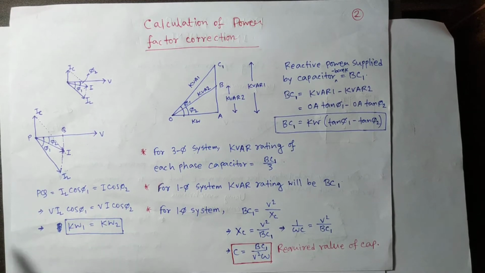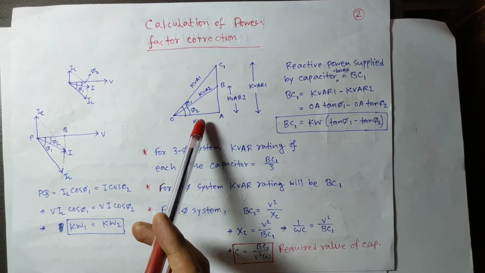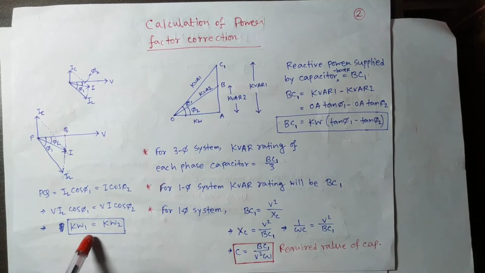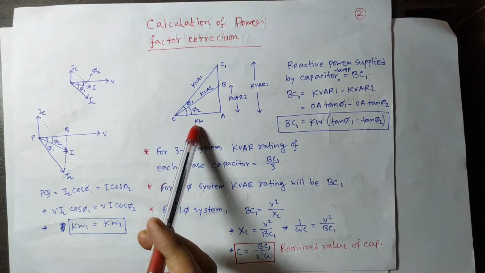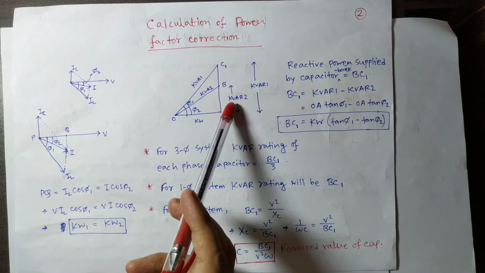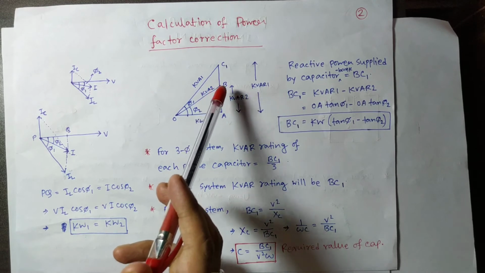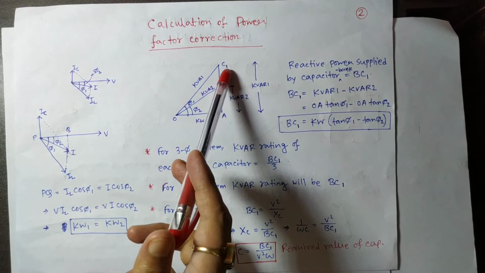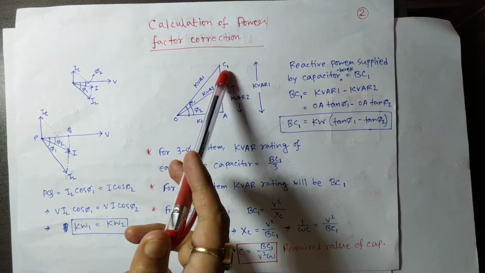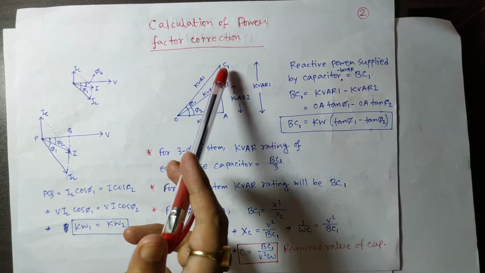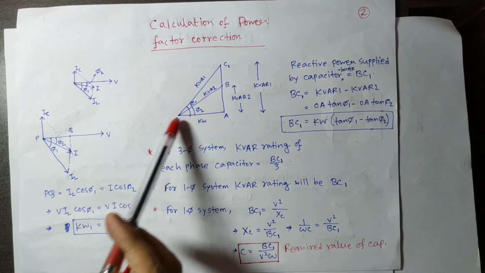Okay, now this power factor angle can also be represented in terms of your power triangle. So this is your power triangle, and as I have said, your active power remains the same, so here OA is your active power, AB is your reactive power after power factor correction, and AC1 is your reactive power before power factor correction. Here I have given the nomenclature as C1 just to remove the confusion with the capacitor, which also has the symbol C. Okay, so this is your power triangle.